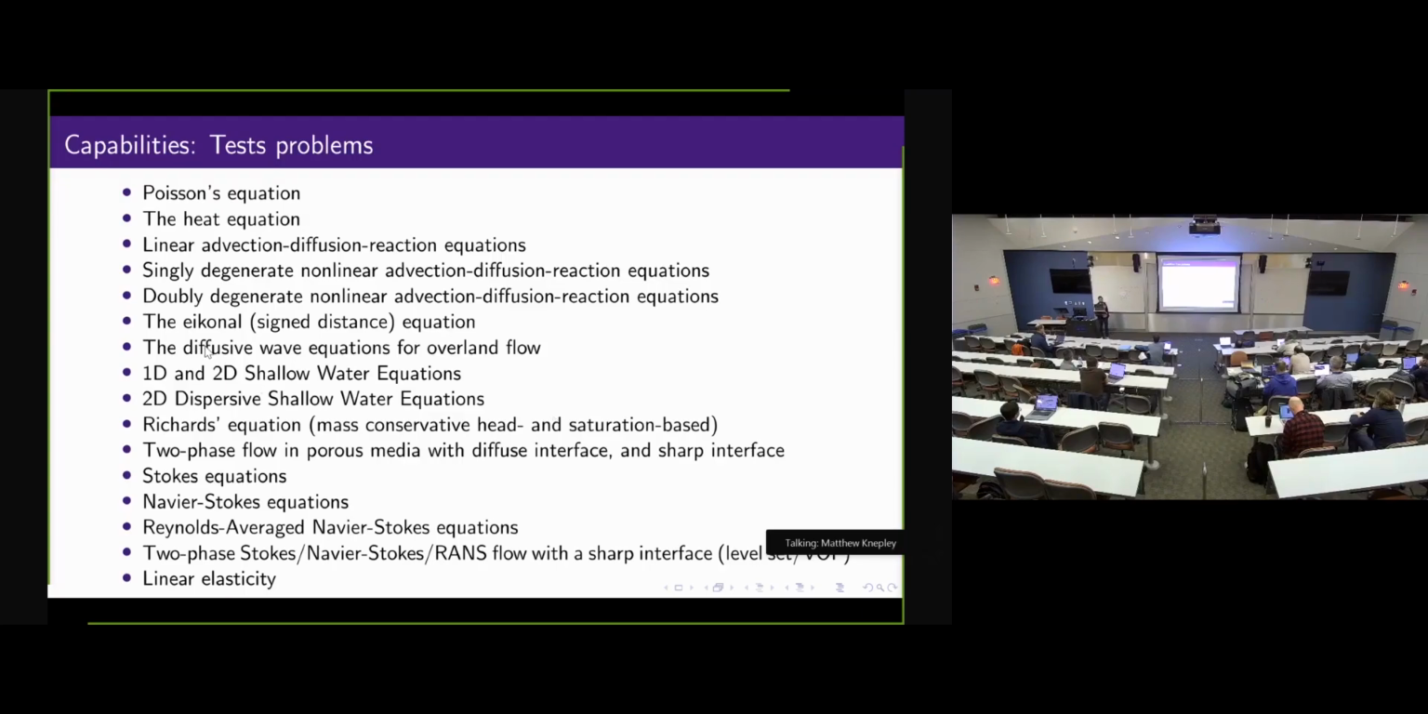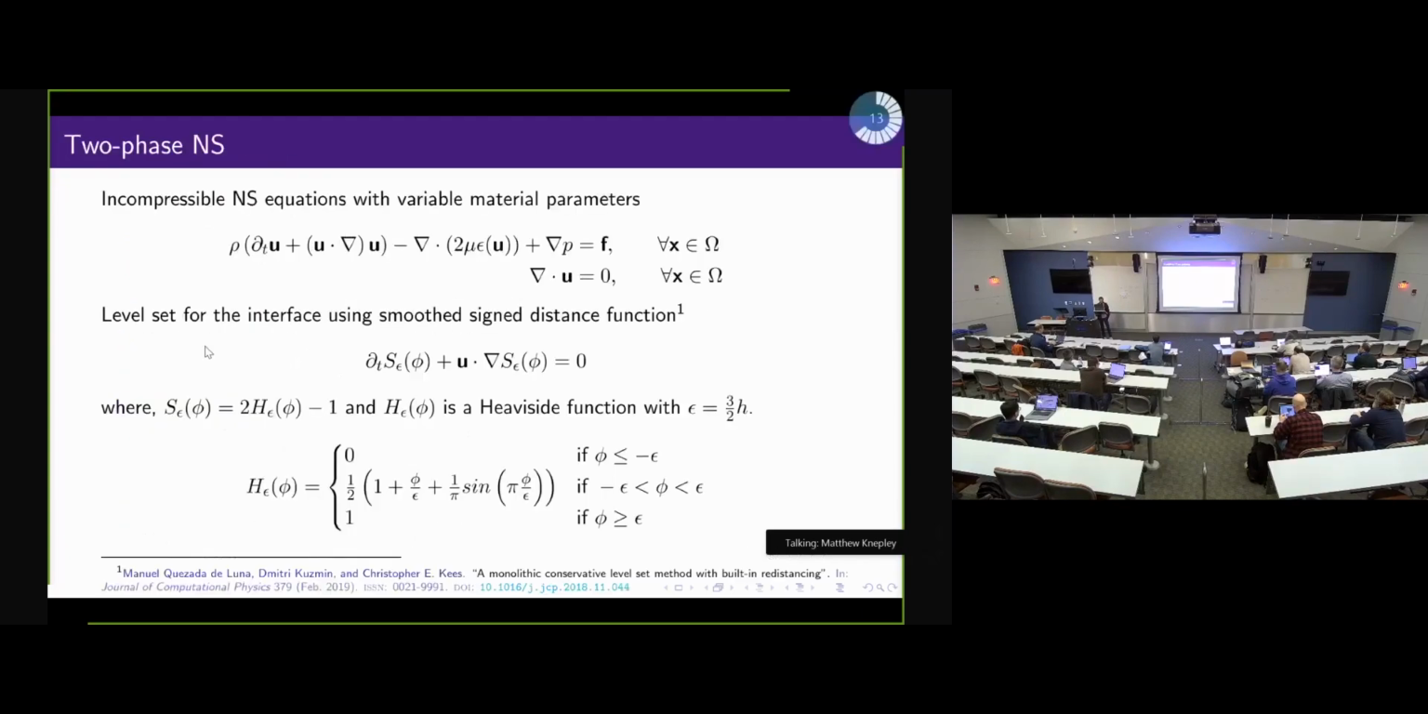So this was an informative part of what Proteus is and what it can do. To switch to the more technical part, I just want to explain briefly the way this two-phase Navier-Stokes equation is solved. This is from the 2019 paper by Manuel, Dimitri, and Chris. I'm still in the process of understanding how Proteus is implementing this, so it's work in progress for me, but I just want to make sure